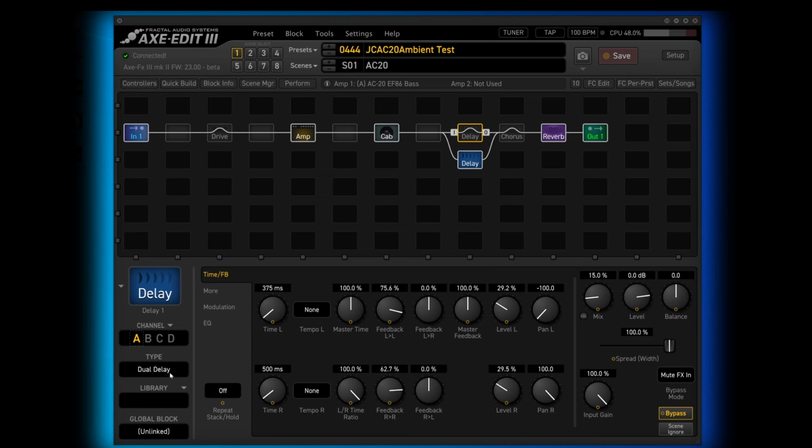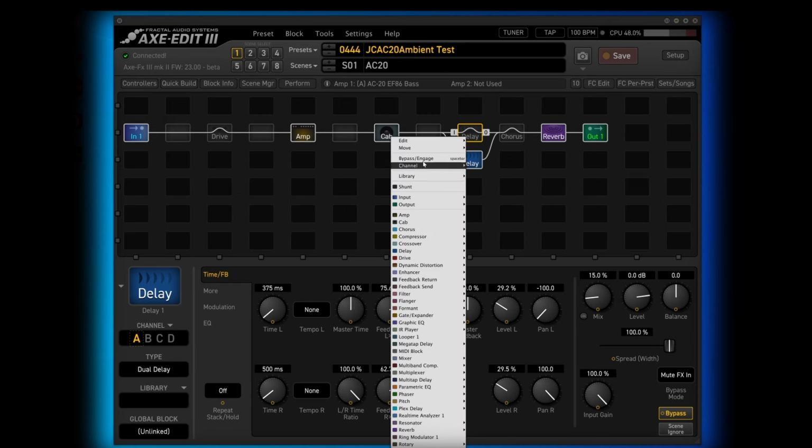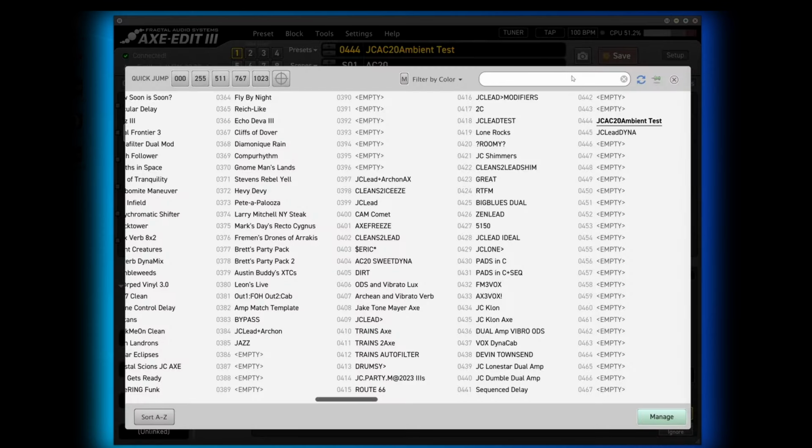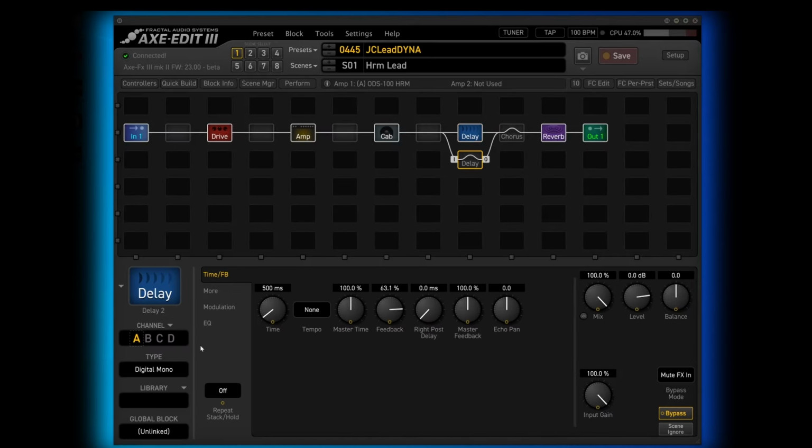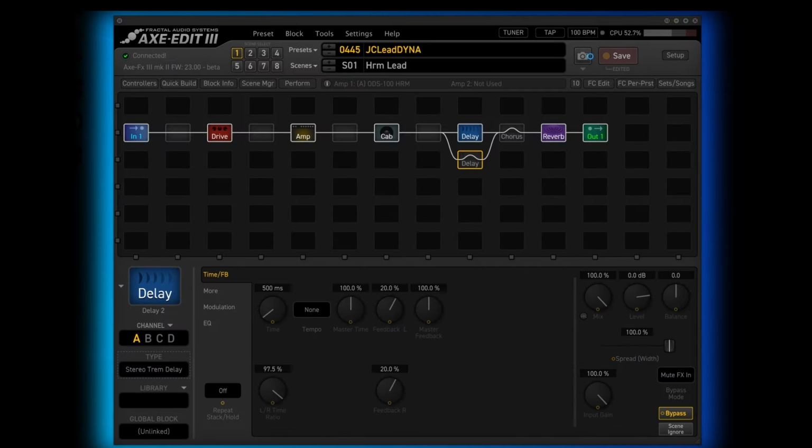I don't know if this was the same before, but it makes sense that now that we've got this idea, you basically try to separate the tasks of the delays into their different blocks. Let me just copy that one again. If you want that trail to continue, keep the blocks the same. It's basically the idea that I'm suggesting. So stereo trem delay, if we save that. Now when I switch between the two,